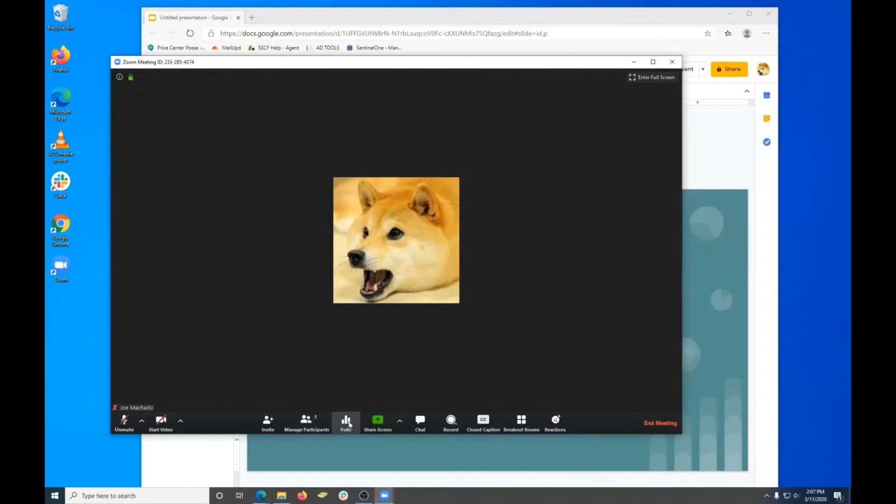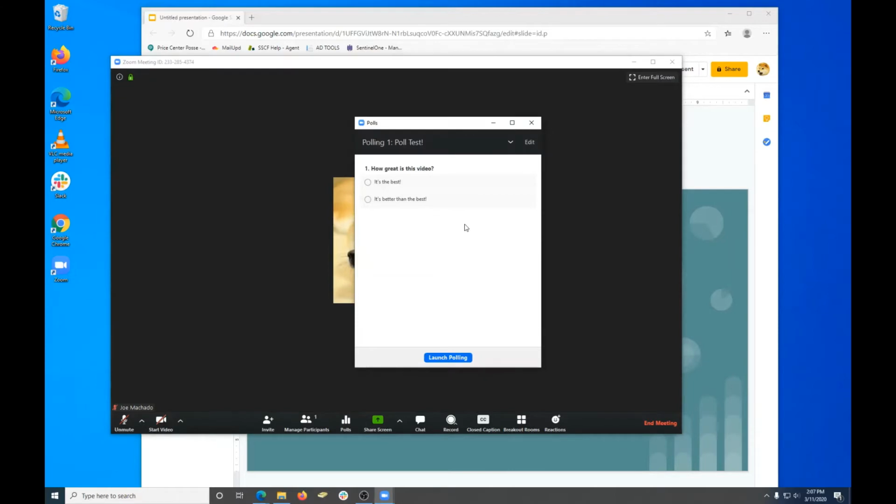Third, we have our polls. We can set up polls for individuals that can be used. There's this little down arrow here where we can view previous polls that were set up. If we want to create a new one, we can click this edit button,